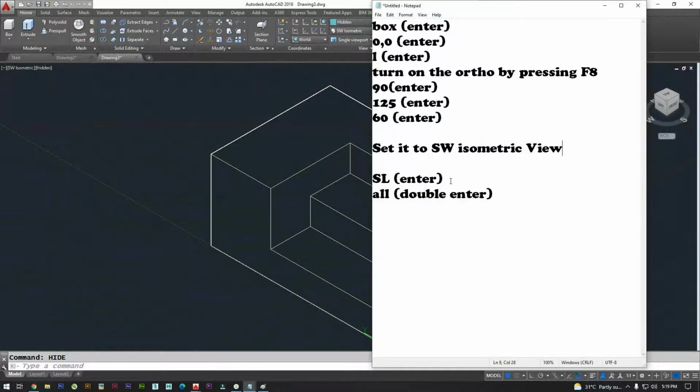SL enter, all double enter. The first point where exactly you wanted is XY, enter, 0, 0, 20. You have to press double enter.